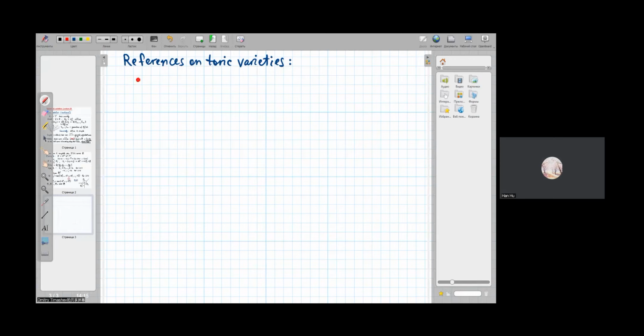Maybe the starting thing is the book of Fulton. The book to start with is by Fulton, Introduction to Toric Varieties. It is quite elementary and comprehensible. And there is a more modern and more extensive book